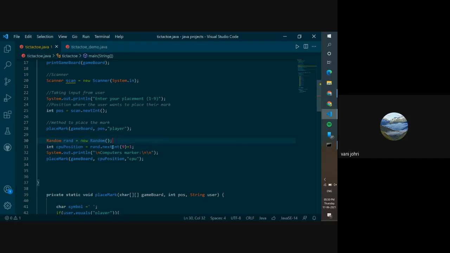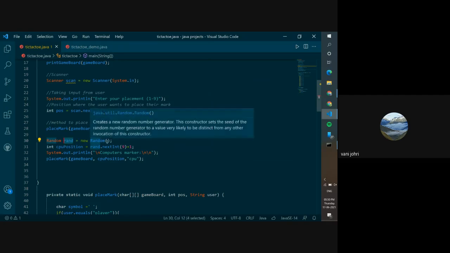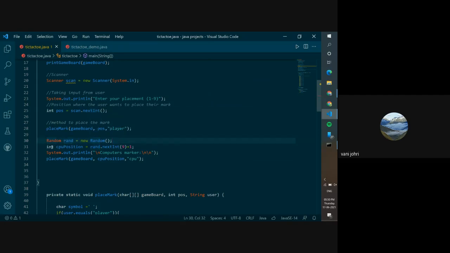Okay. And how this works is, how you write Scanner s is equals to new Scanner System.in, we write Random and give it whatever name. This could be whatever you want, equals to new Random, and you don't need to give anything over here. And now we can take an integer and call it CPU position and say rand.nextInt 9. And I'll tell you why we're doing a plus 1.